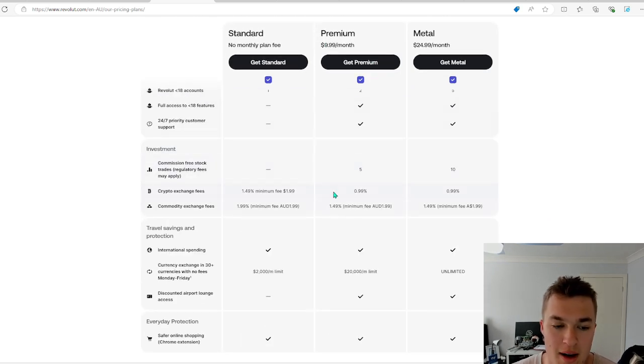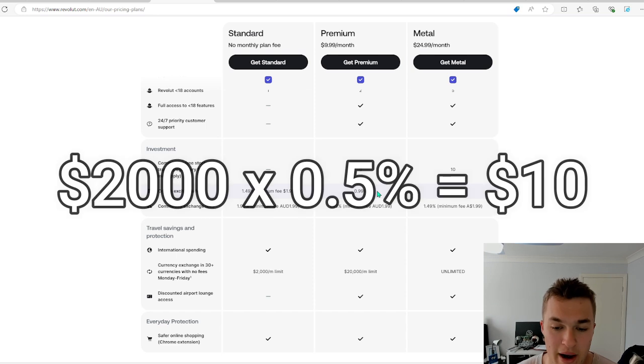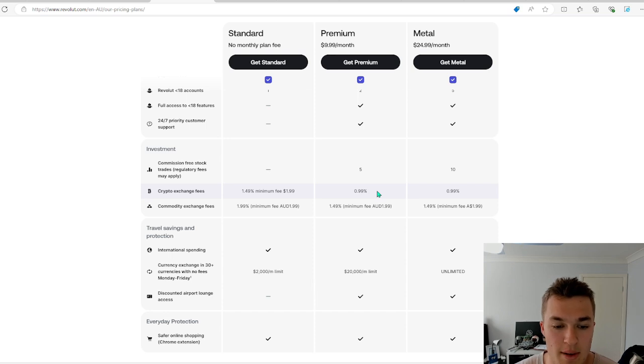So if we had a look at how you turn a profit on the premium subscription, maybe let's say you exchange a lot of cryptocurrencies. If you're saving 0.5% on each and every trade, in order to make that $10 back in savings on the cheaper fee, you'd need to be trading $2,000 every month in order to get a $10 savings by using the premium. So $2,000 a month, that's about, give or take, $500 a week.